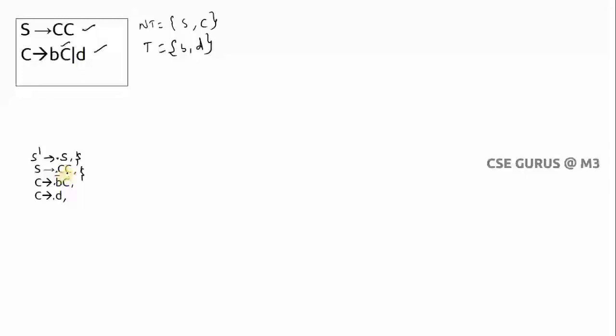So, if it is here, you can see, first of this. Why? Because C you find in the left hand side. What you need to write here as look ahead, you have to check on the right hand side. I'm checking here, it is dot C. What is there after dot C? Some symbol is there. What is that symbol? C, of course, the same symbol. So I have to find what is first of C.